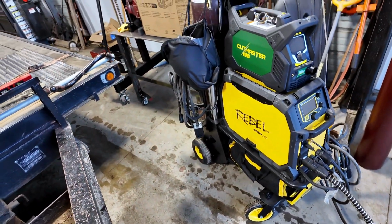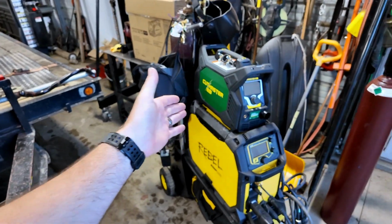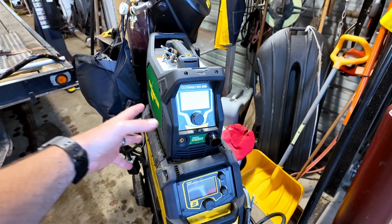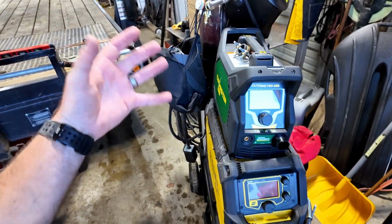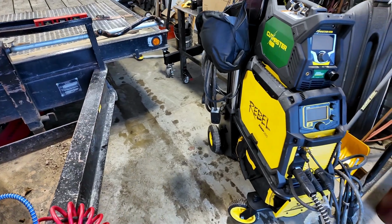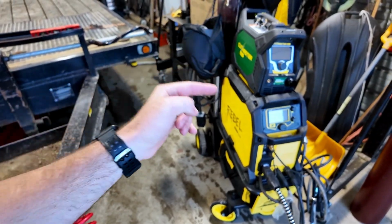Equipment we're gonna be using today, we've got the Cutmaster 30 Plus, which is brand new. Just got it in. Nice digital display on there. Obviously it's not plugged in right now, so you can't tell, but Cutmaster 30 Plus and the ESAB Rebel 285. Cutting, welding,